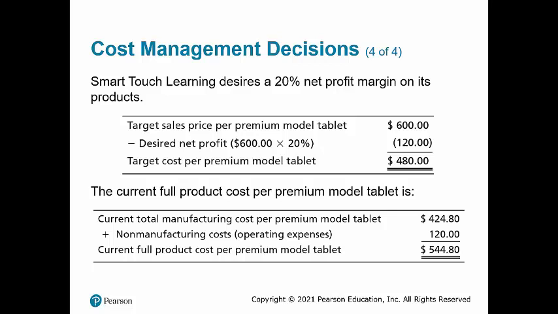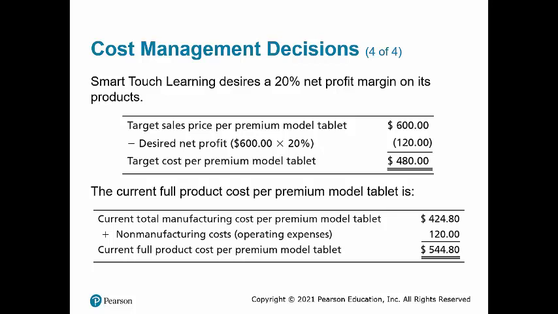Using activity-based costing, we determined that the current total manufacturing cost per premium tablet is $424.80. If we add to that our non-manufacturing cost, which would be our operating expenses such as administrative and selling expenses, and we estimate that at $120, then the current full product cost for the premium tablet is